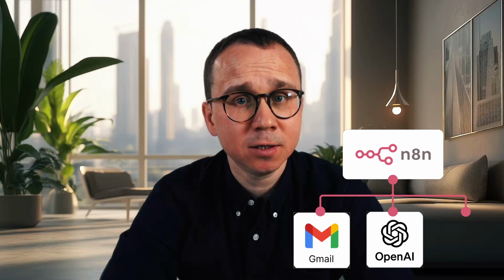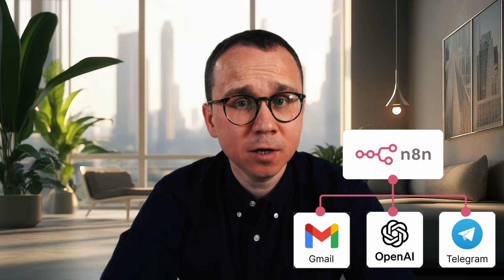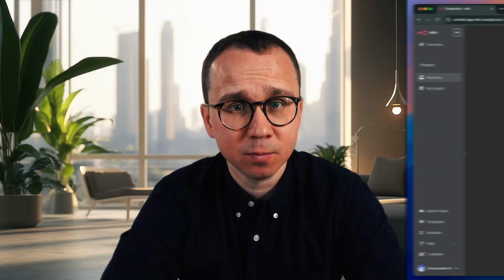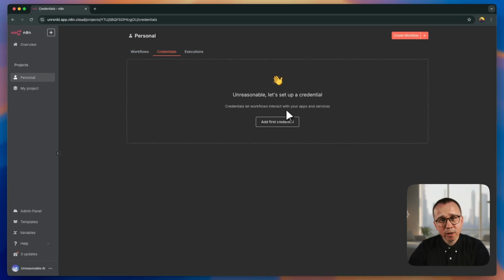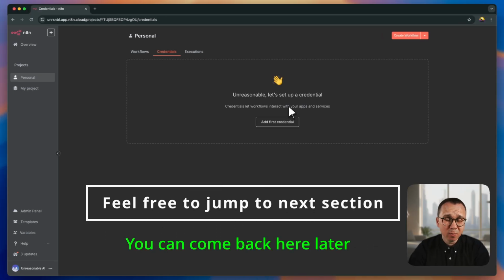Before we start building the workflow, we first need to connect n8n to the services we'll be using: Gmail, OpenAI, and Telegram. I will walk you through how to set up each of these connections. You only need to do this once. After that, you'll be able to reuse them in any future workflow without repeating the setup. Connection of Gmail, OpenAI, and Telegram to n8n is quite simple, even though connection of Telegram is a bit more